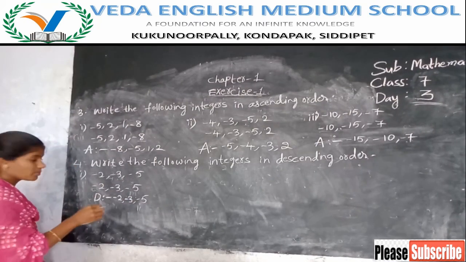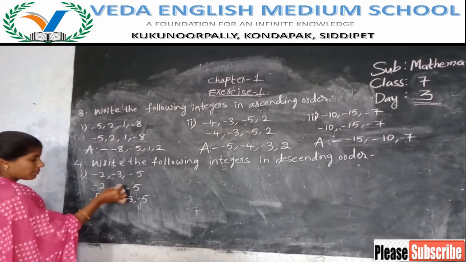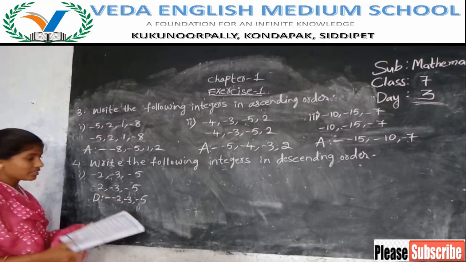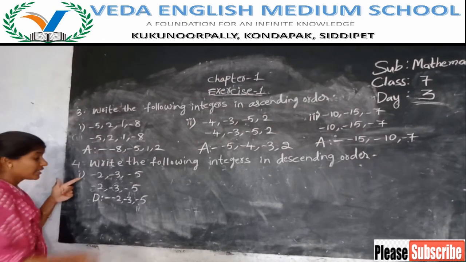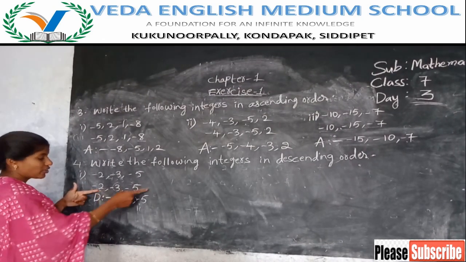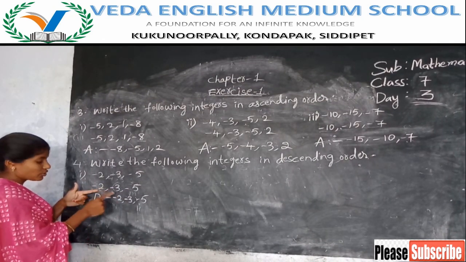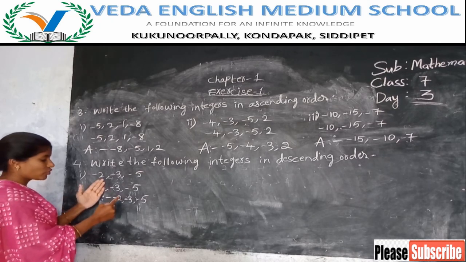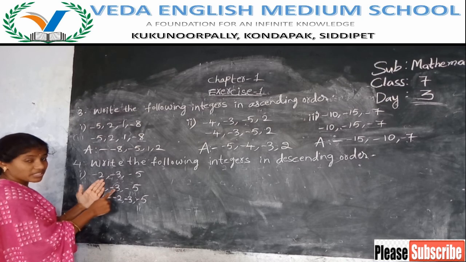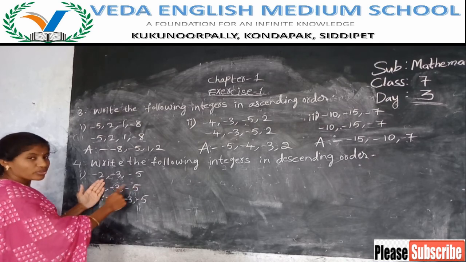The order hasn't changed, because they have given -2 as the first greatest number, then -3, -5. In negative numbers, as I said already, smaller number becomes greater. Out of all these numbers, 2 is the smallest number, so it becomes greater. Big to small we are writing, so -2 becomes first. If -2 is completed, which remain? -3, -5. Both remain.